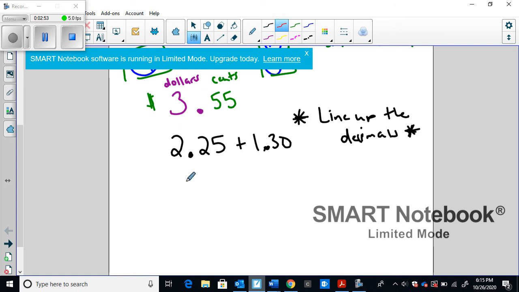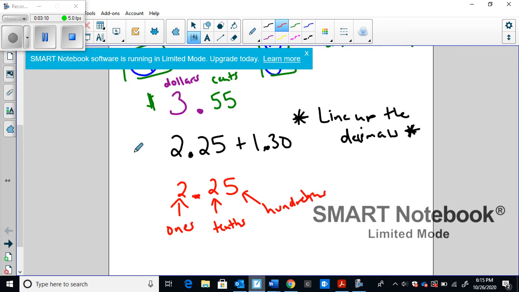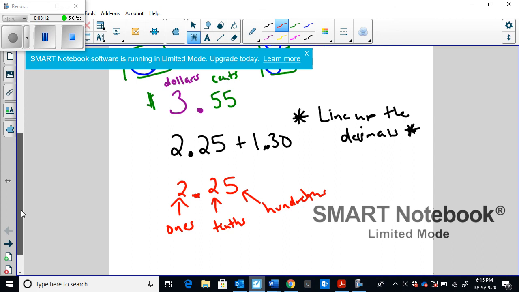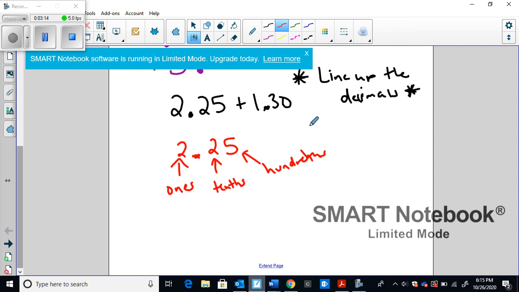So if we notice $2.25, this spot right here is our ones spot. This here is after the decimal, all right? So this is going to be our tenths spot, and this is our hundredths spot, right? We want to make sure that we're adding ones to ones, tenths to tenths, and hundredths to hundredths, because, for example,